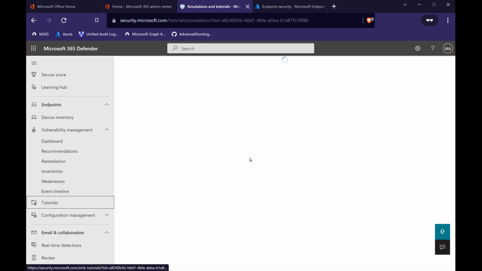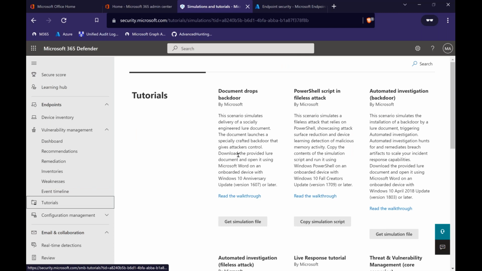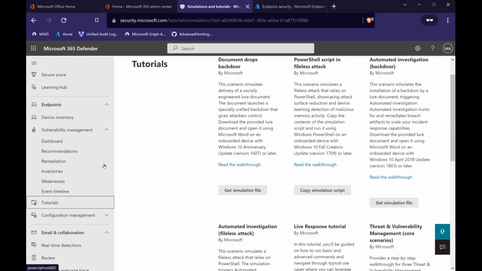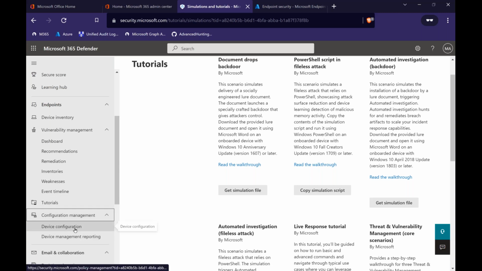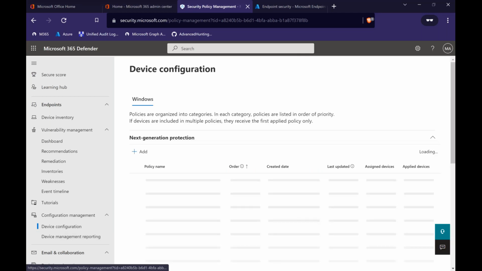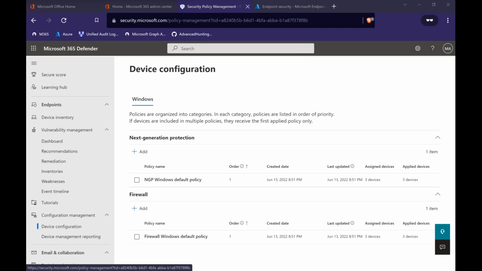Also in here, you do have some tutorials. You can use some documentation there to understand the threats that are there. And down the bottom here, we do have the ability for some device configuration and the management and reporting if we so choose to go into those areas. So again, all the reporting can be provided here. All right,